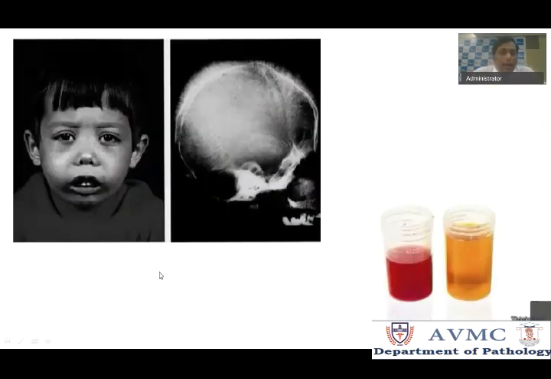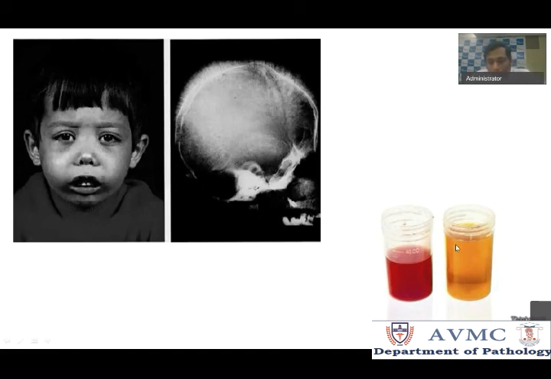Okay, and the marrow is also active, right? There is a lot of activity going on in the marrow, so you will find some changes in the bones. This is a typical hair on end appearance because of widening of the two tables of the skull. This happens in hemolytic anemia, especially thalassemias. Because of this increased marrow activity in the bone, the facial bones also become very prominent. This syndromic facies is also seen in hemolytic anemias.